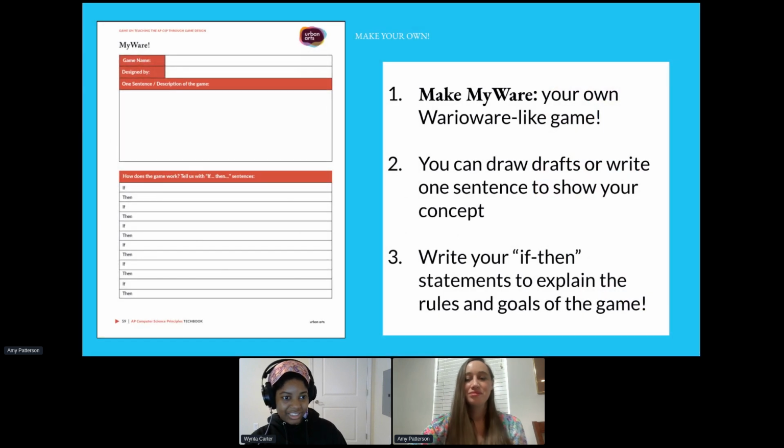And this right here is an example of a worksheet. In Unit 1, we have them look at WarioWare games. Pretty cool. It's just a collection of mini games based on Wario. And this worksheet here is a VIA activity where they get to basically create their own WarioWare-like game, which is